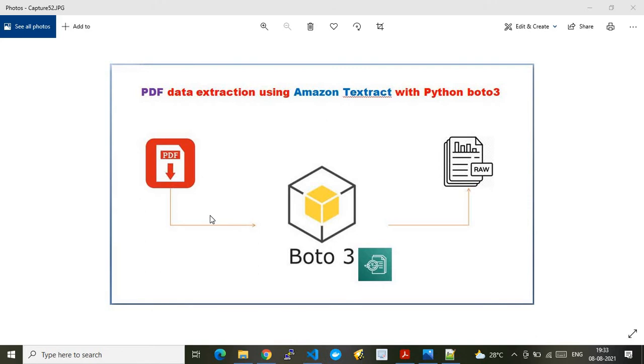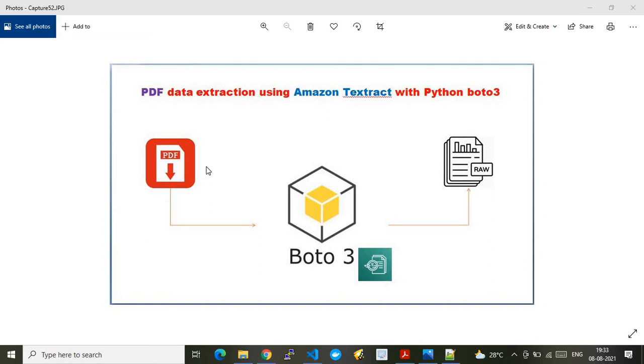Now, as you see on my screen, this is a pictorial overview of my demo, just to help you understand what I'm going to do here. Let's say we have a PDF document which contains nearly 85 pages, or for example 100 pages. How can we extract the data present in that PDF file using our ML service? As you know, Amazon Textract is an ML service which can help us extract data from scanned copies or any kind of handwritten data, which is beyond optical scanned documents.